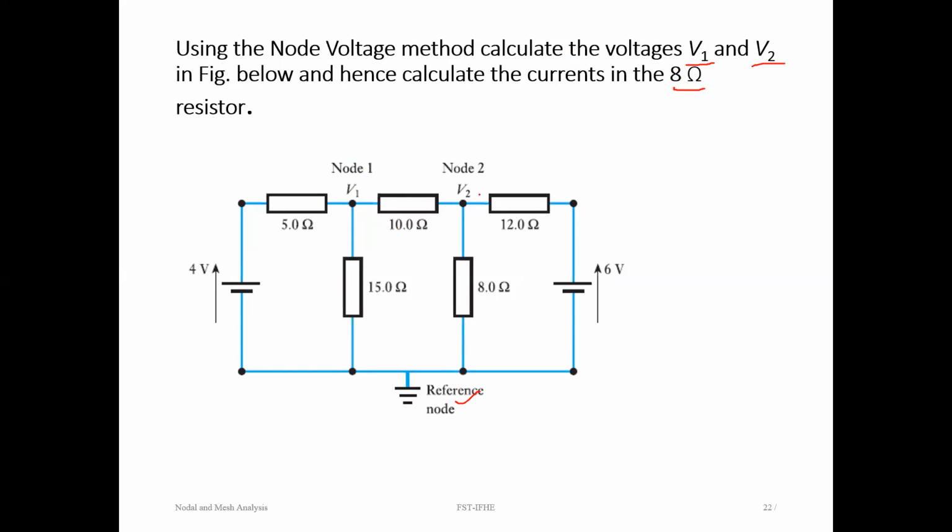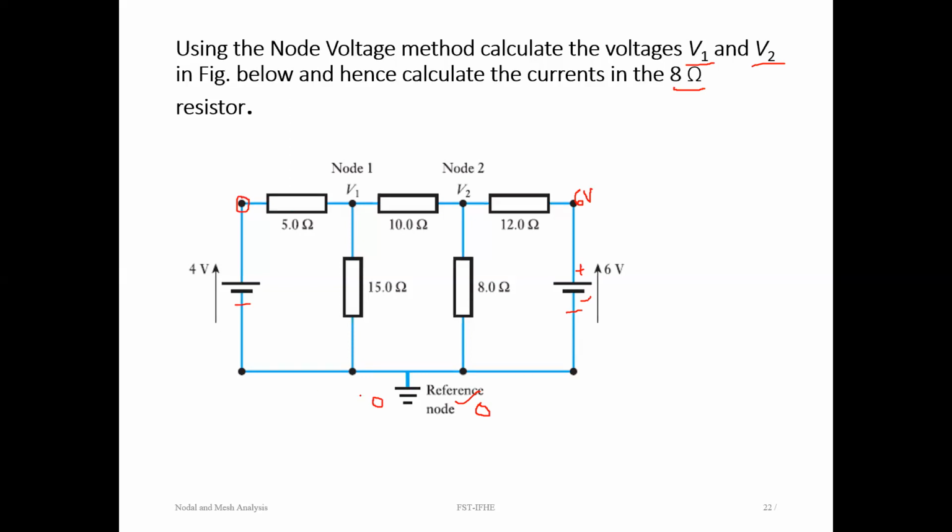Before going to that, you can see in this problem we don't have a current source, but we do have voltage sources. Whenever a voltage source is connected between 2 points, this is our ground potential. When you go from 0 to this point, the voltage has risen from minus to plus, so the voltage at this node is 6 volts. In the same way, this is at ground potential. This is another node, which is joining 4 volts and 5 ohms.